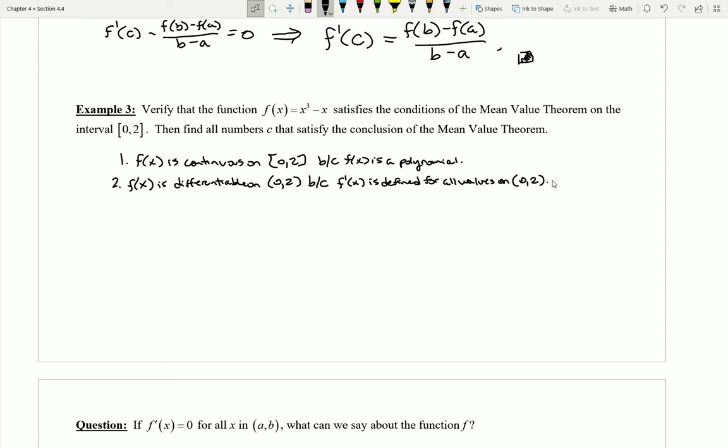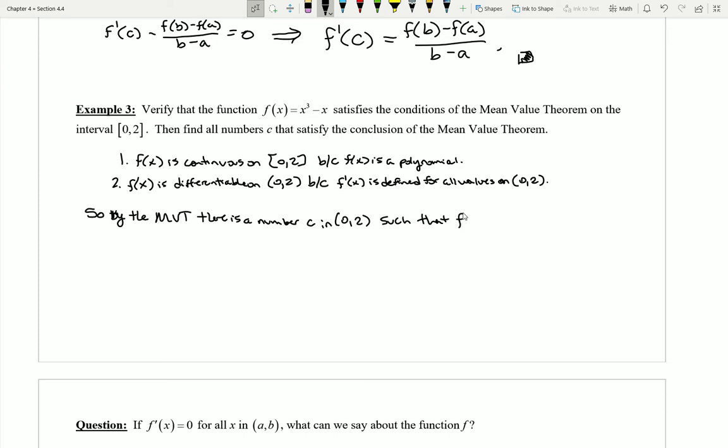Very, very simply, because I know that f prime is going to be a polynomial here, and so no matter what number I plug in from 0 to 2, I always get a result back. So these are the only two conditions for the mean value theorem. And so now I can think about what it says. So I'll say, by the mean value theorem, very commonly abbreviated as MVT, there is a number c in 0 to 2